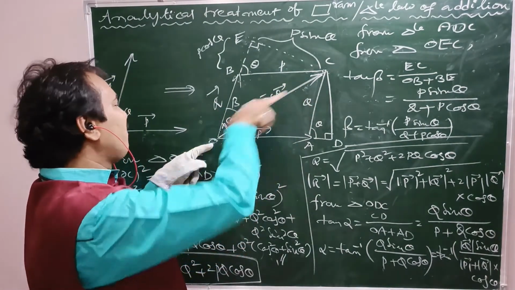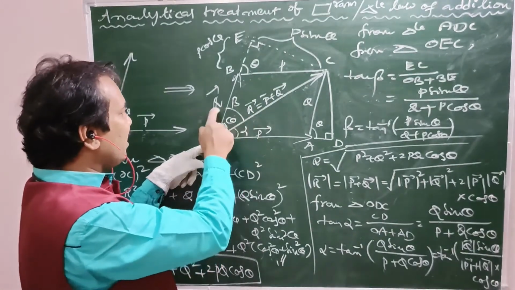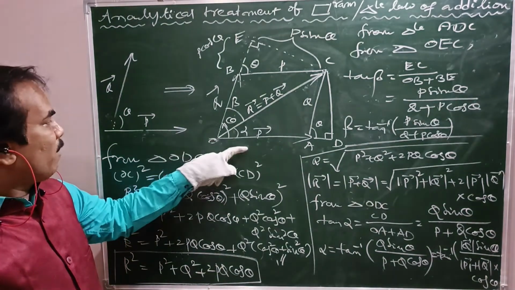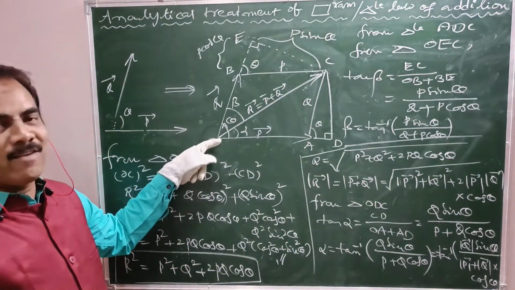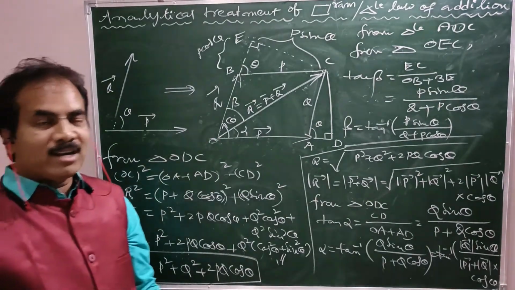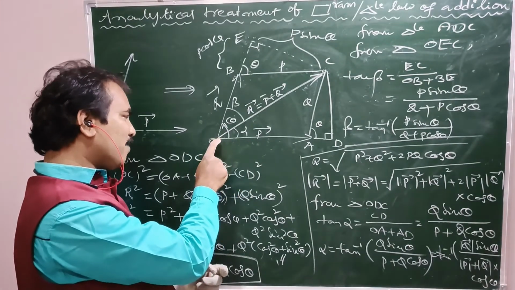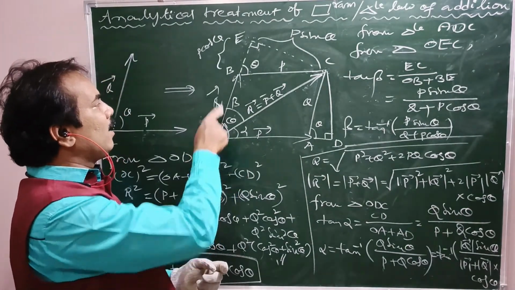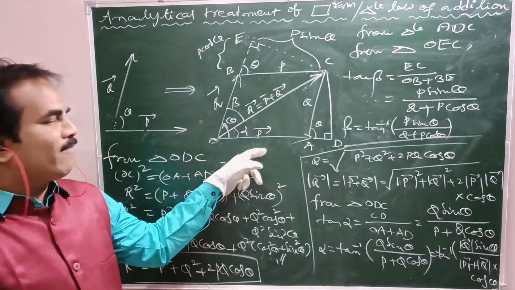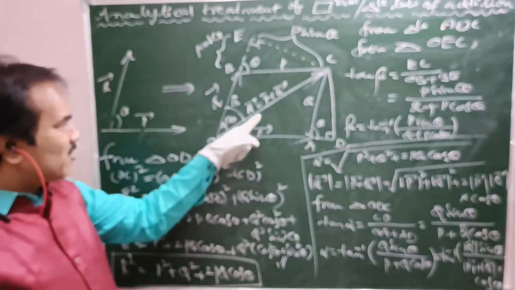Okay, these two are taken as the adjacent sides of the parallelogram drawn coinitially. The diagonal drawn from the same common point represents the resultant of the given parent vectors. See, this is in fact the diagonal drawn from the same point. See, all the three vectors meeting at one, coinitially. So P bar, Q bar, R bar, coinitial vectors here, right? Coinitial vectors.